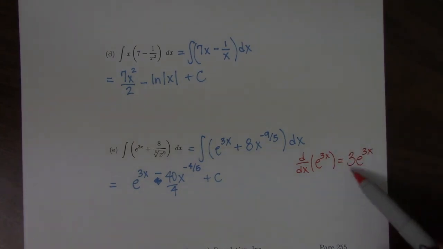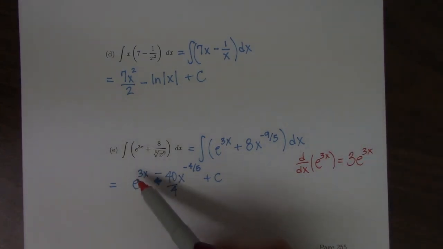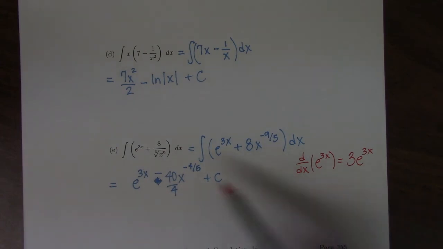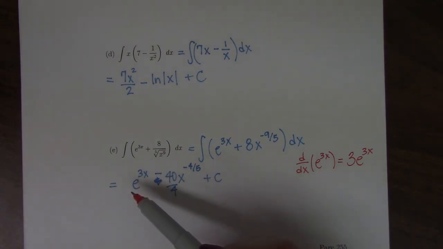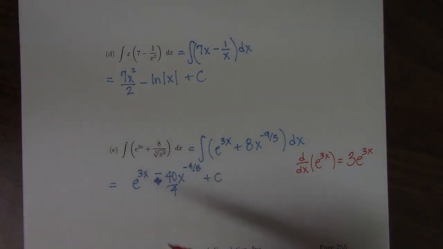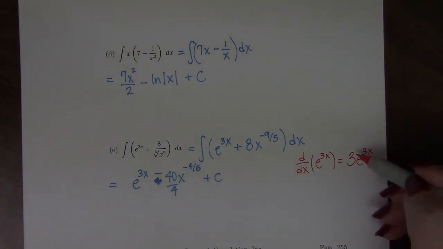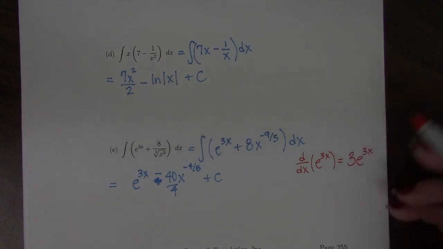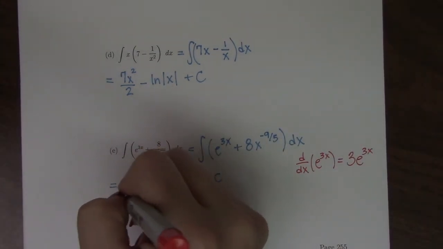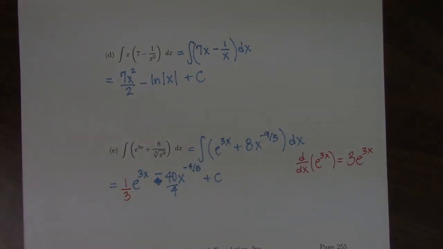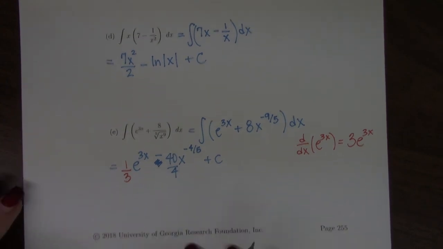So if I compare this term to my term right here, well, I need to put a constant out front in such a way that when I take the derivative, it reduces back down to e to the 3x. So since the derivative is going to bring a 3 out front, I actually want to multiply this by 1/3. So now, if I check my derivative,